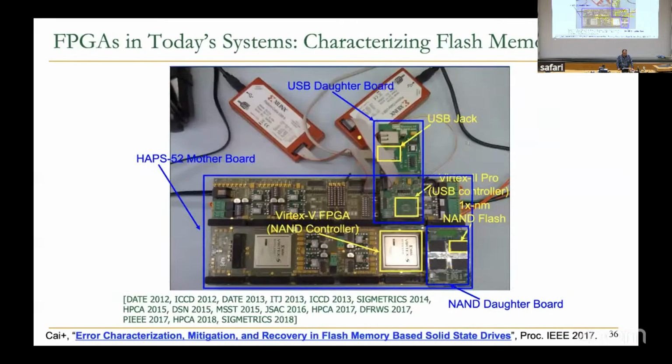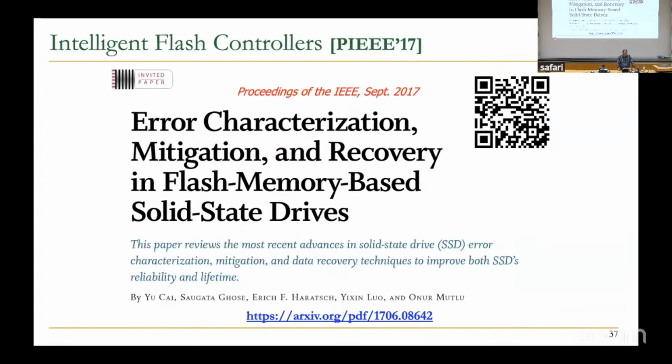Okay, I don't want to bore you more, but this kind of infrastructure can also be used for other memories. For example, this one is for characterization of flash memories, and it's actually from quite a while back. From 2012 until 2018 or so, we had this kind of infrastructure to study flash memories. We uncovered a lot of reliability issues as well as mitigation techniques for the flash memories of that time. If you want to learn more about flash error characterization, I would recommend you check this paper.